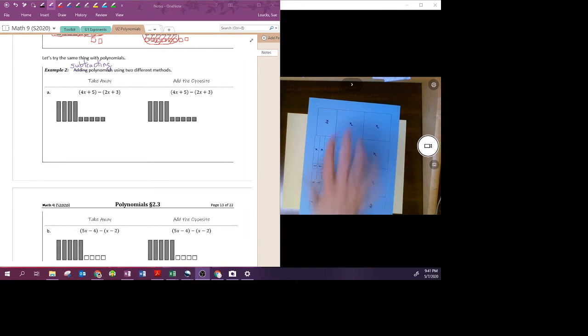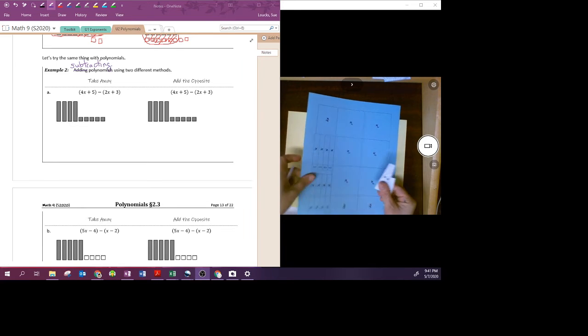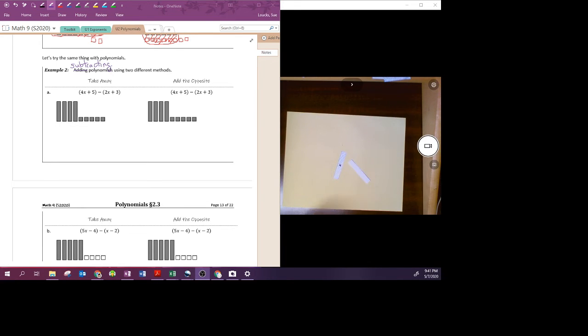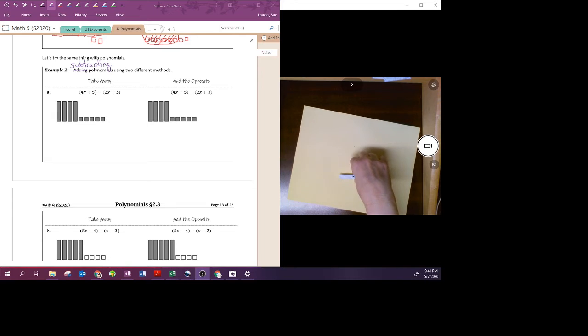Now mine is actually blue because my original ones, it's really hard to tell the difference between the colored side and the back side in this light, so I wanted it to be more obvious for you, so I made some blue ones. But the idea then is that the one side is colored, that's the positive, and then the same shape flipped over is negative,